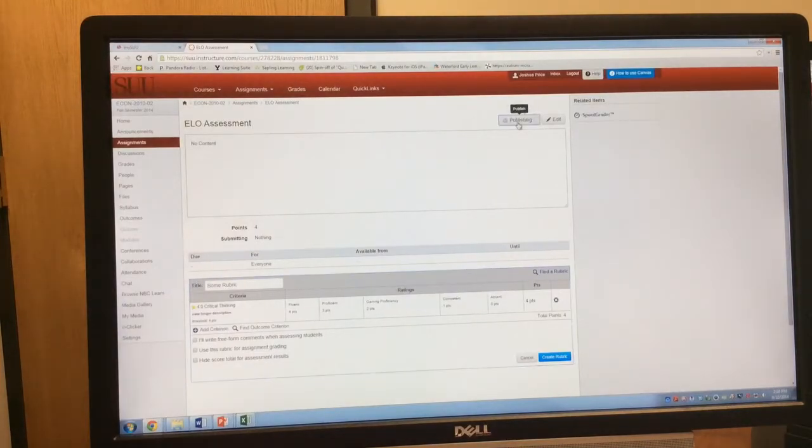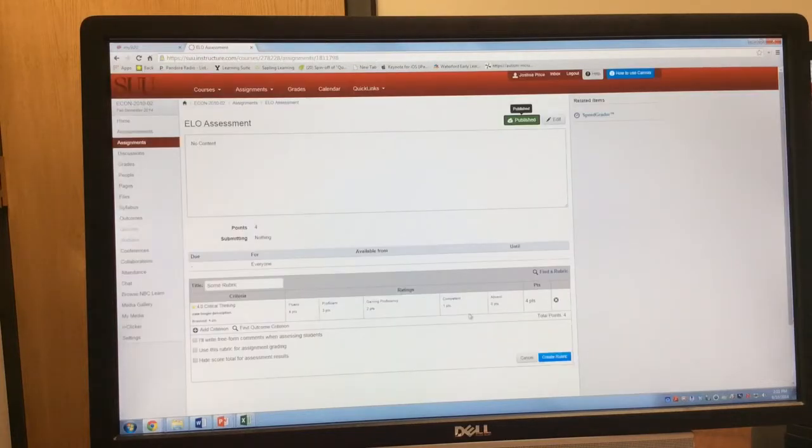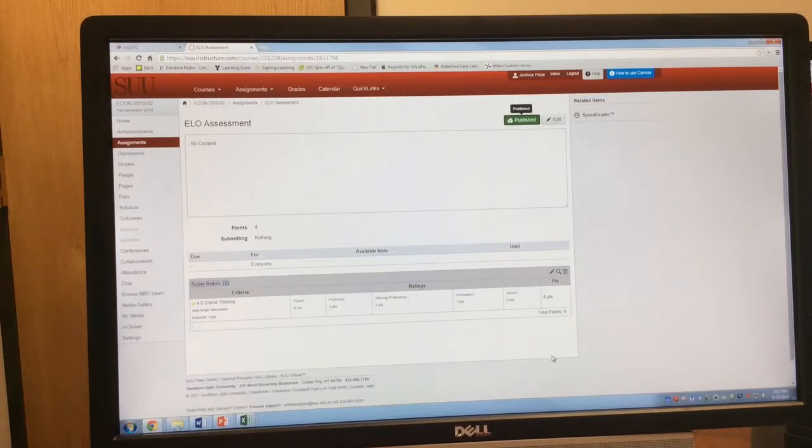Make sure you publish that assignment, and once it's published, I can then go into SpeedGrader. Now on the left-hand side, I have a student's name, and I have one of the 45 students in my course. So I guess I didn't add that rubric accordingly. So I need to make sure I click on this button, Create Rubric. All right, so now I've created the rubric. All right, and now I can go to SpeedGrader,